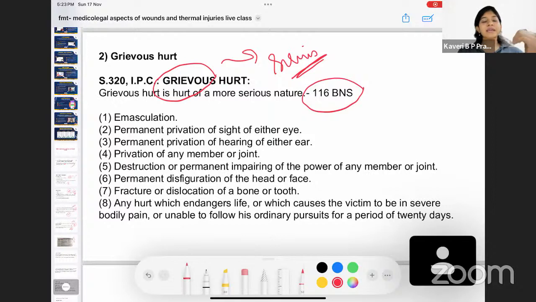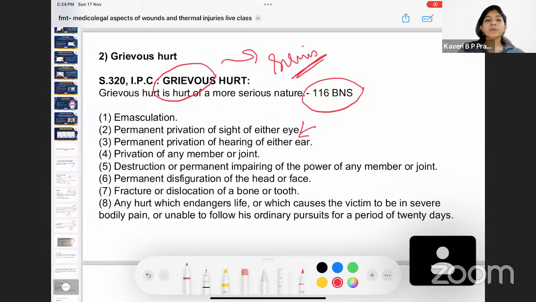There are different examples which come under grievous hurt. They are emasculation, and permanent privation of sight of either eye, that is, they will lose sight in either of their eyes. Permanent privation of hearing, that they will lose the capacity to hear. Privation of any member of the joint, that is, one of the joints is dislodged in such a way that they will not be able to